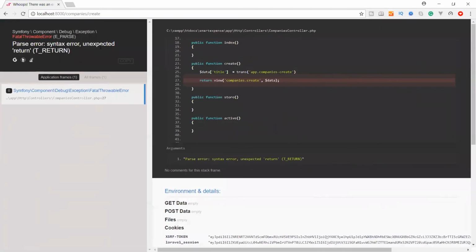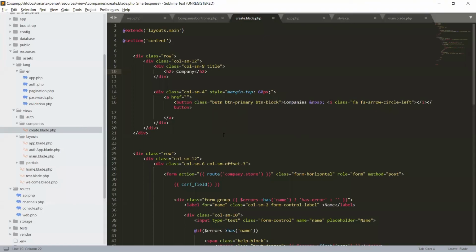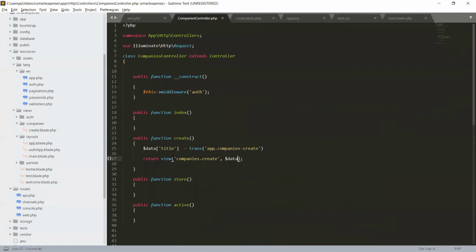Parse error, syntax unexpected return. Which file? Return view company dot create. Okay. Data. Sorry, we have not closed this statement.